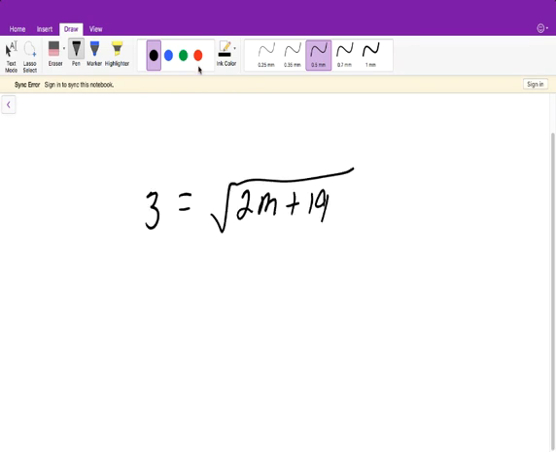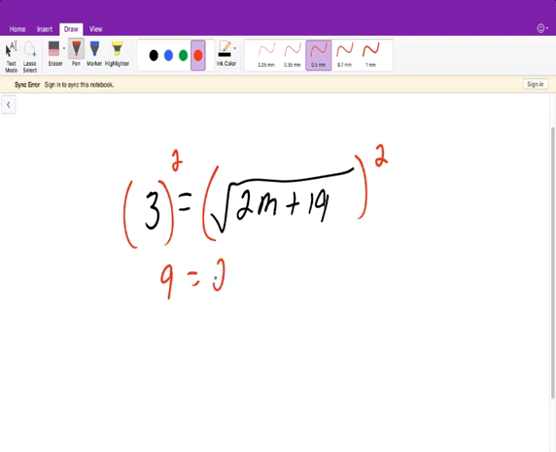All right, so this is the last video for us to do. Luckily for this one, it's already isolated, so it saves us some time. So we need to just get rid of this radical first then, and we do that by squaring it. So 3 squared is 9, so 9 is equal to 2n plus 19. All right, then now we have a regular algebraic equation, so we need to solve for n, so I'm going to